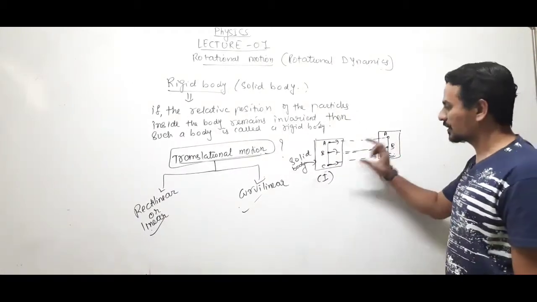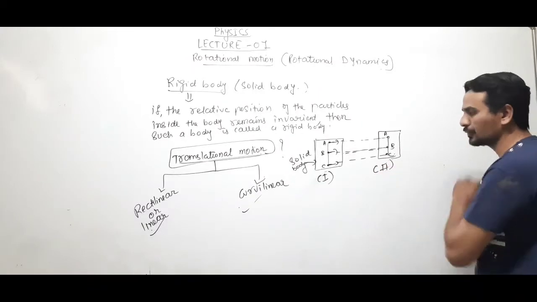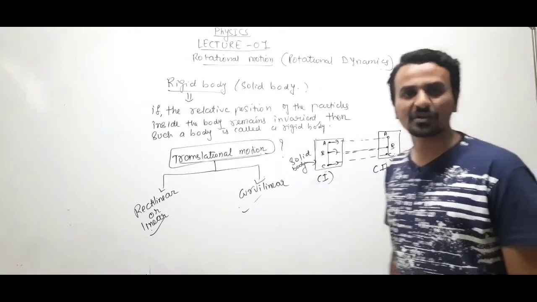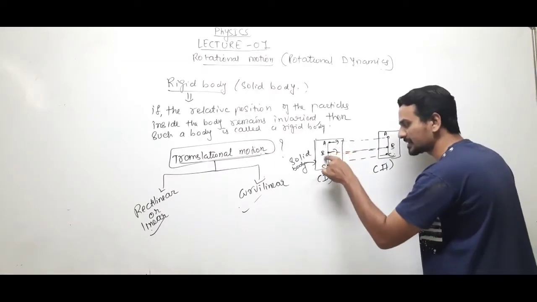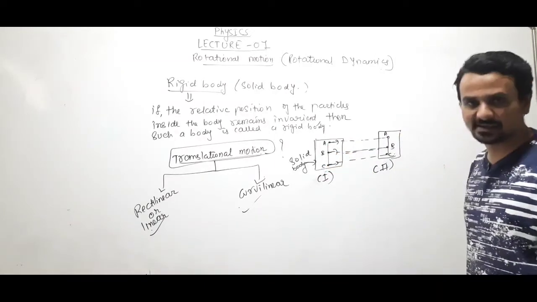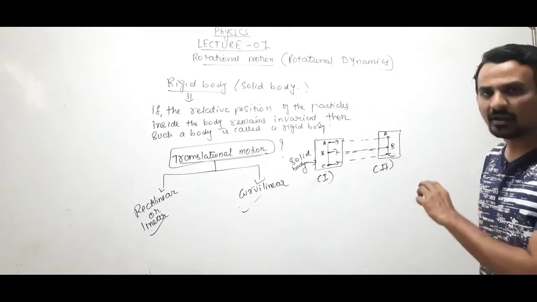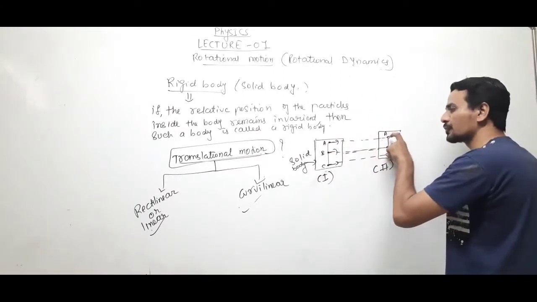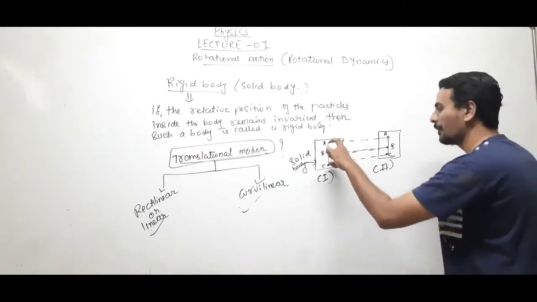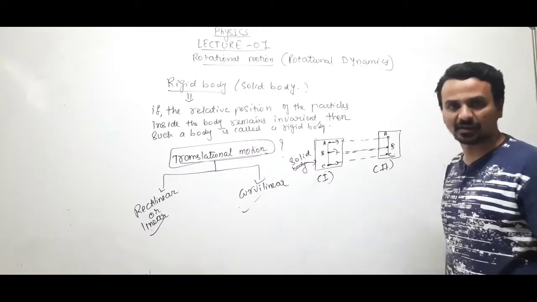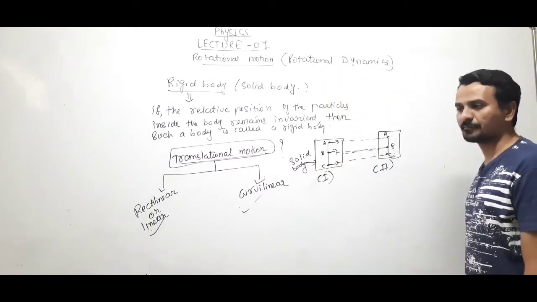That means suppose a solid body is being moved from position 1 to 2, then the particles inside the body, A, B and C, have performed the motion parallel to each other. They have moved parallelly with respect to each other,